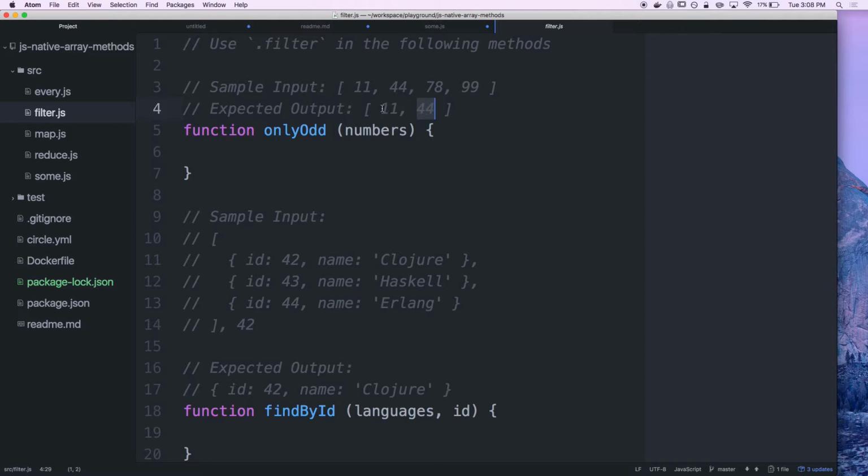44 is not odd. I'm like, that is odd. But yeah,